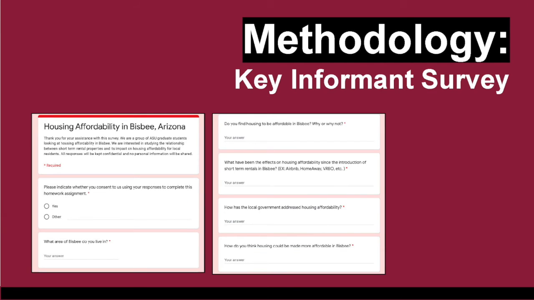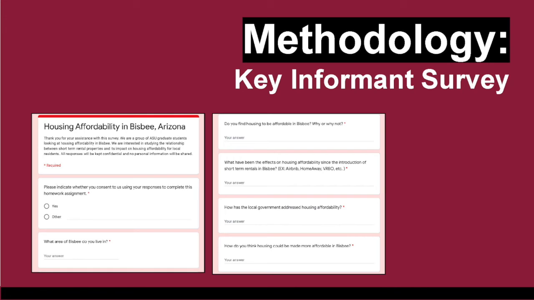After understanding the housing affordability in Bisbee, we next looked to speak to key informants and residents about issues of housing. We did this two ways. First, by crafting a survey, and then by conducting a content analysis on social media over the last 5 years. Our second method was a key informant survey. We distributed the survey to the Cochise County Housing Director and the Bisbee City Manager. We also posted the survey online over 3 different Facebook groups in order to better understand what local residents felt on the issue.